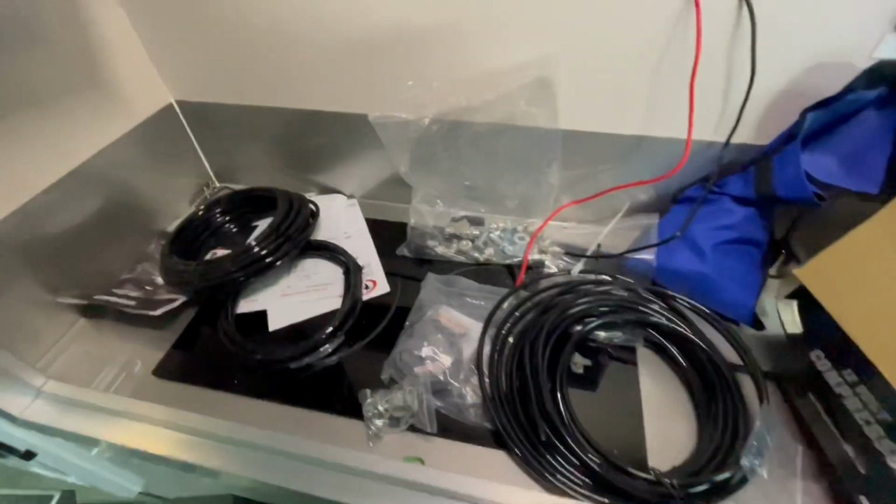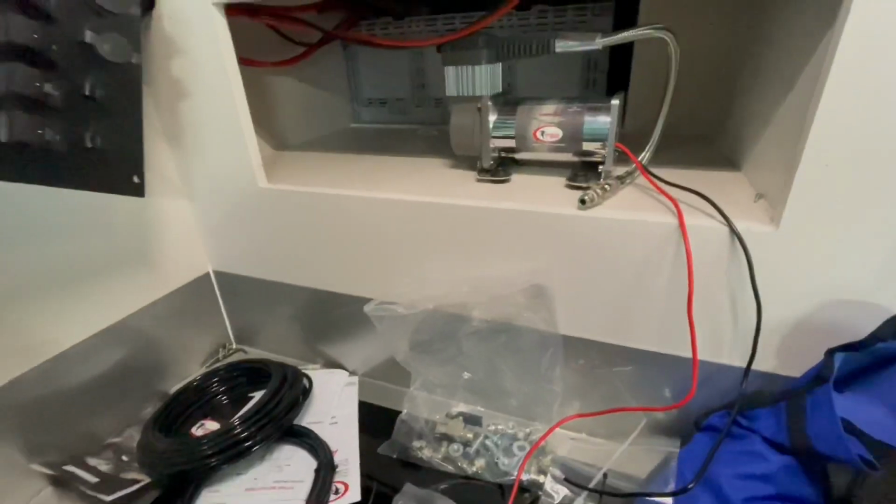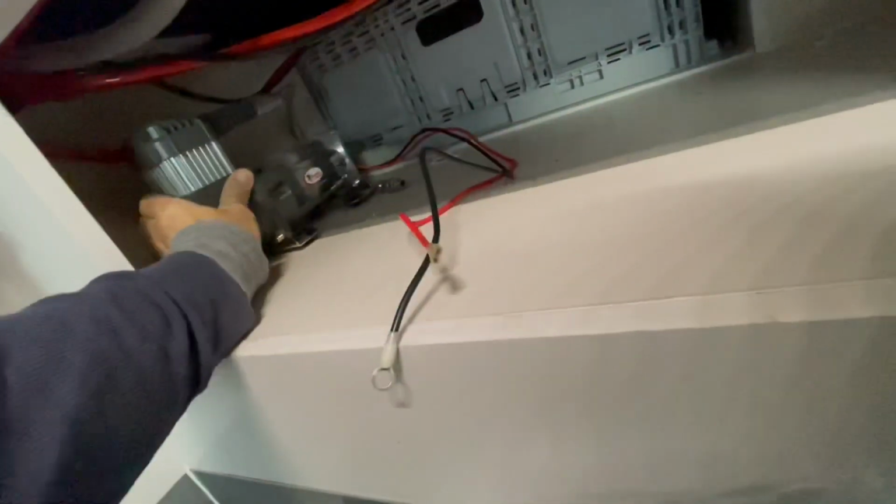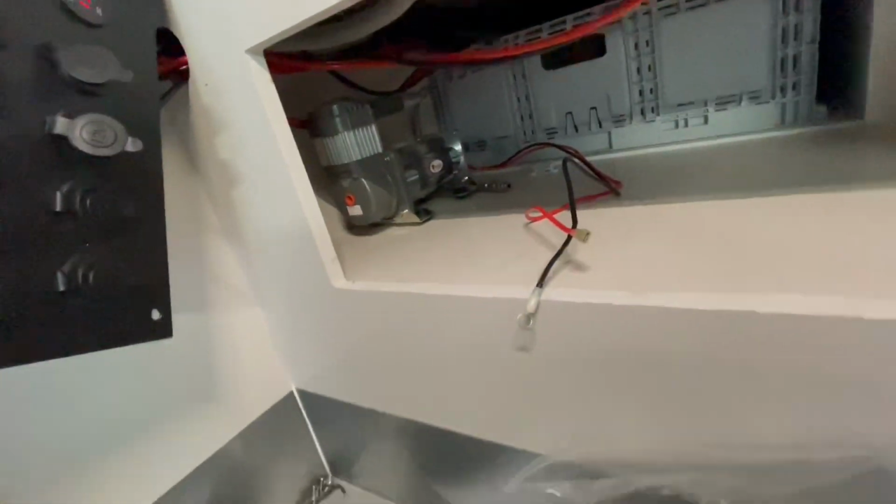Time to jump onto the airbag and compressor setup. So I've got the compressor in here. I've got to tidy up that wiring, ignore that for now. That's going to go over there like that. So I've got